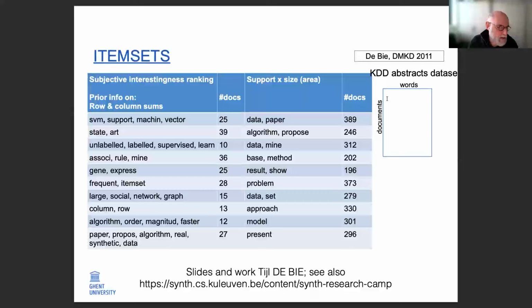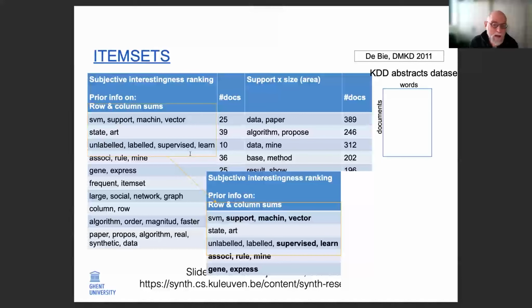Then you can define a maximum entropy distribution to look at where the surprising elements are, and relative to that you can mine for patterns. And then you see that you already get a much more interesting, much more meaningful set of patterns. And you can condition that even further by looking at